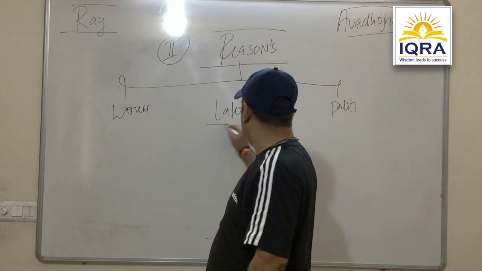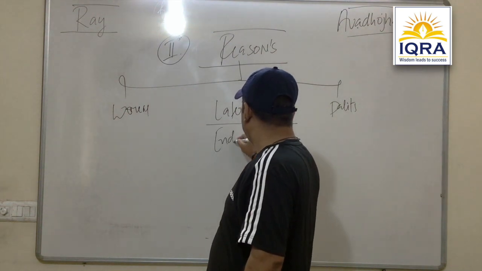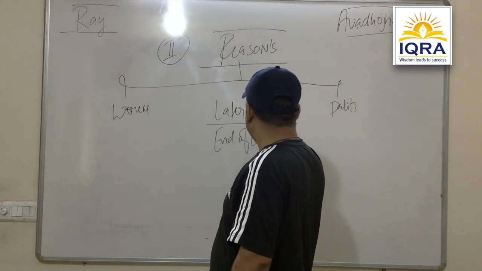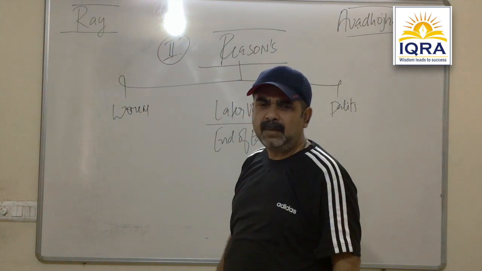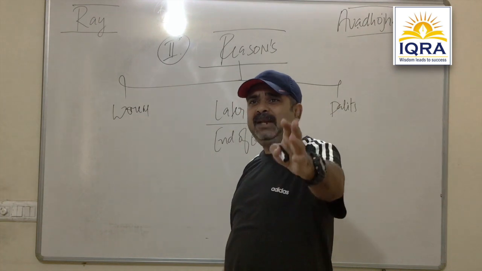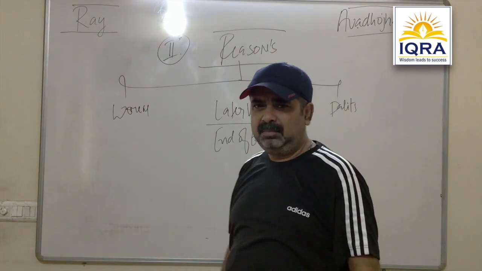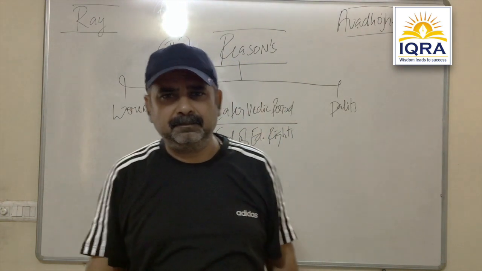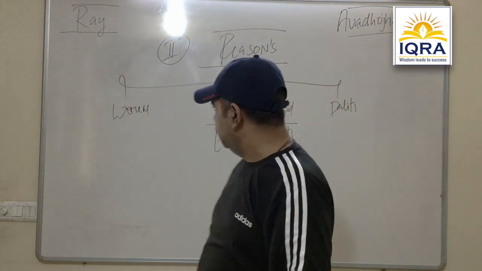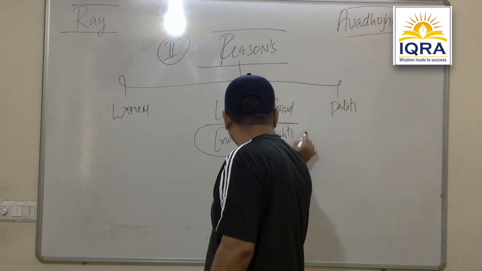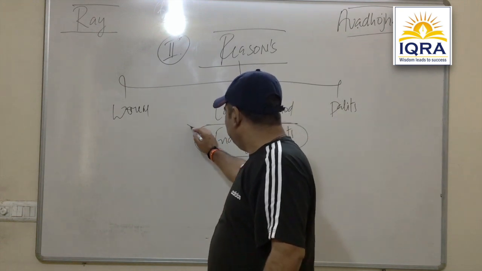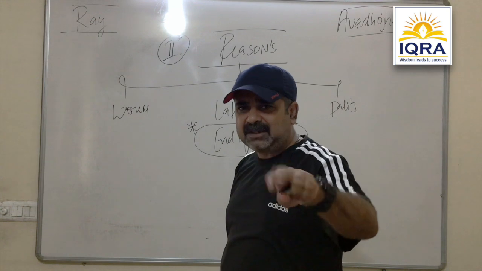How? End of educational rights. Without education, you will never be a skilled labor. Now you are clear that this is the root cause of their suffering. Now when it became clear that this is the root cause of their suffering,